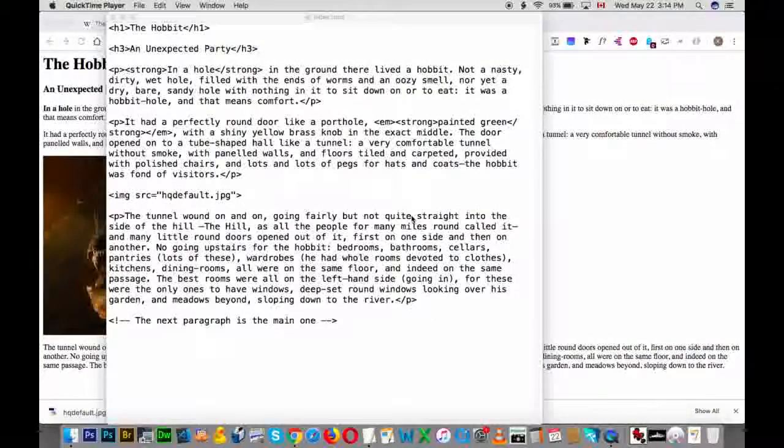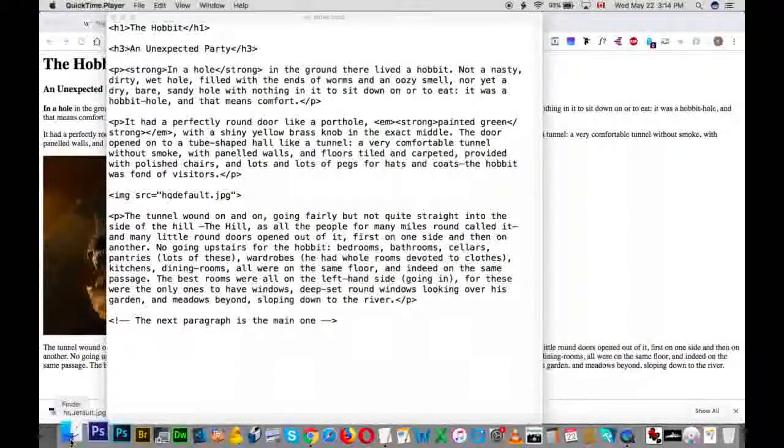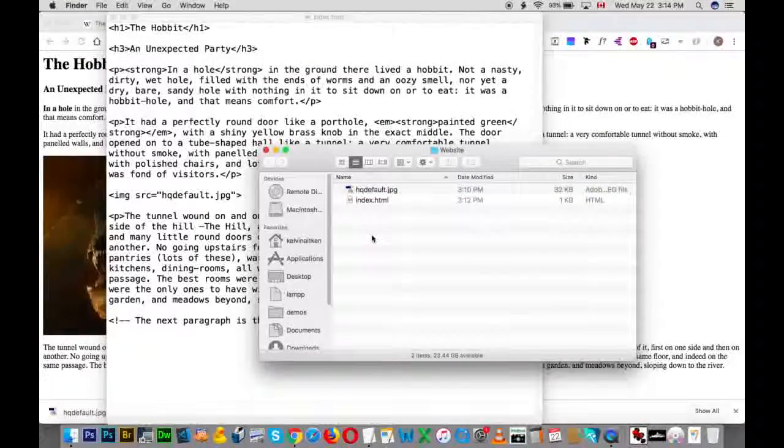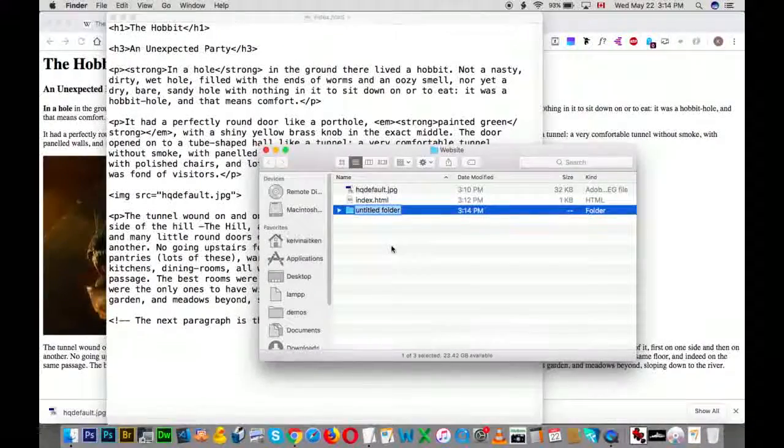Now, I may have led you a little astray here, because if we go back to our folder, this isn't normal. Normally all images would be placed in a separate folder within your main containing folder. Why is that so? Well, an average website may have just one page, but it may have 5, 10, or even 50 or more pages. So it gets fairly complicated and cluttered in this folder, especially when you have 5, 50, 500 or 5,000 images. So it's a good practice to create a new folder to hold all of our images,